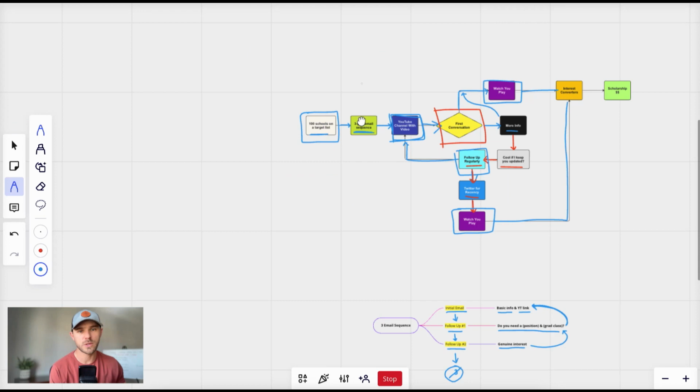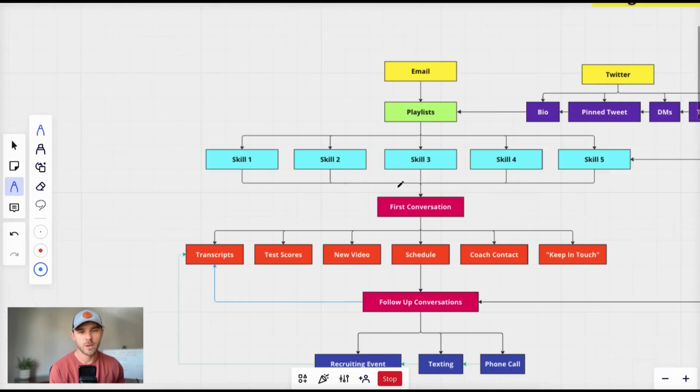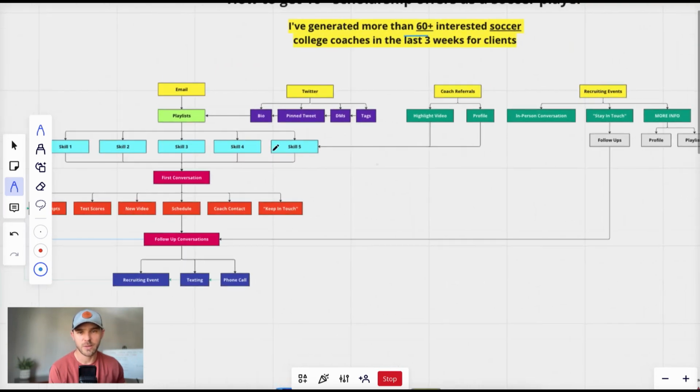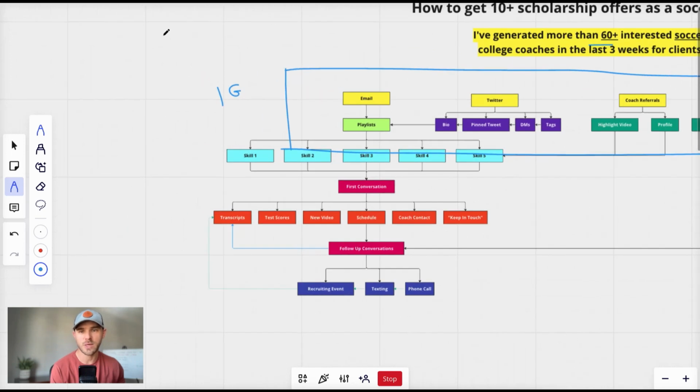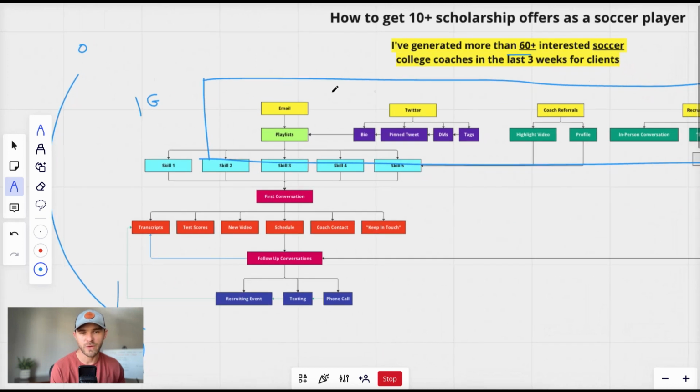Interest converters, if we come back up here, the recruiting process is split into 3 pieces, okay? You have the first piece here at the top, which are your interest generators. This is where you don't have any interest, right? This is no interest at the top, and you're trying to move down this funnel to where you're getting scholarships and roster spots. So at the very top, you have interest generators, things that are putting you on the map